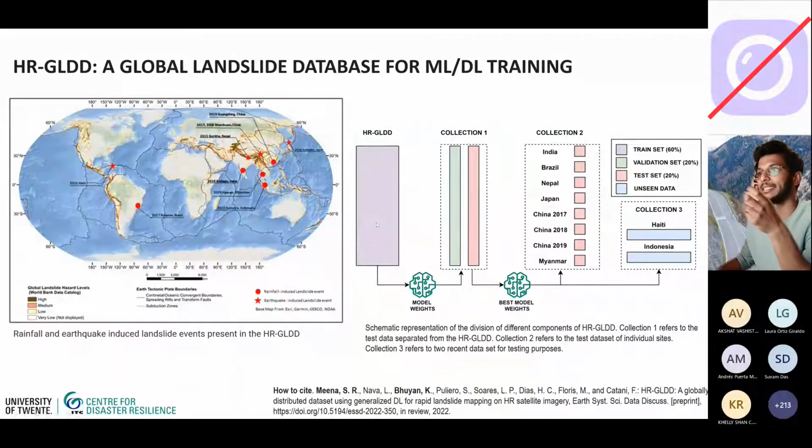This is a training data set, which is 60% of the total data. We used 20% for validation and 20% for testing our models. And then from the model weights, we were able to test them on individual inventories that we have. And also we inferenced them directly on Haiti and Indonesia, which were the most recent events that we